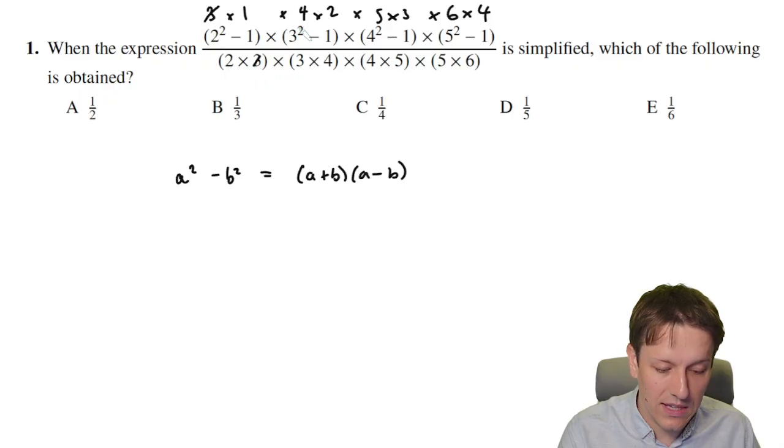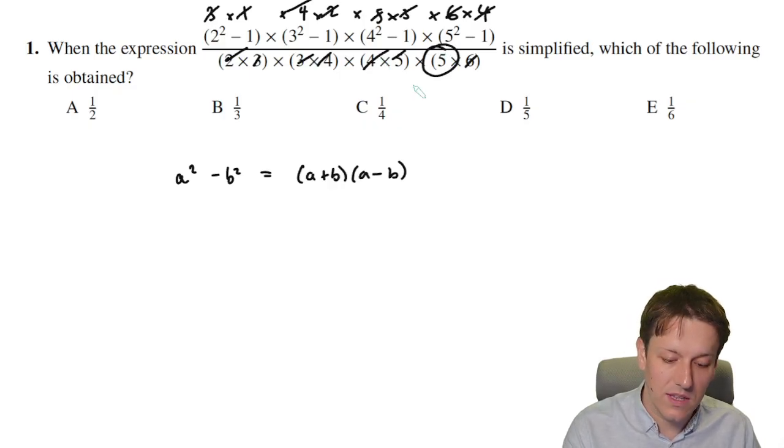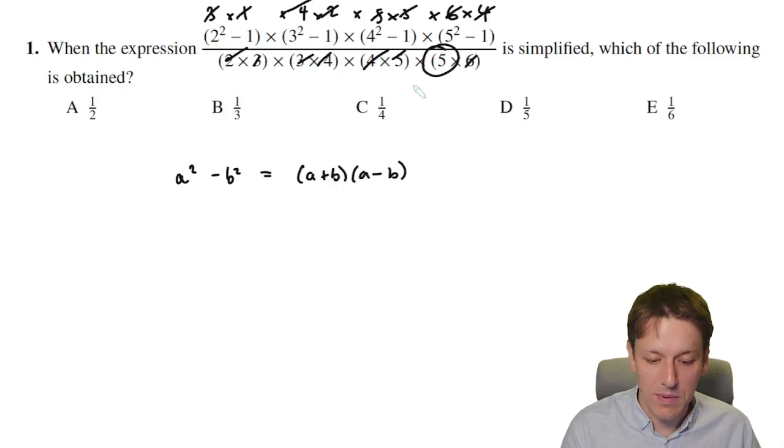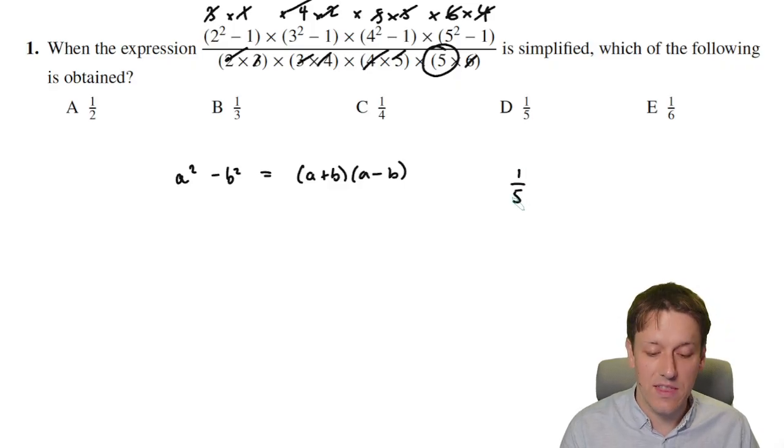So I've got a 3 that cancels. Don't need to worry about the 1. I've got a 2 that cancels, a 4 that cancels, a 5 that cancels, a 3 that cancels here, a 6 that cancels here, and a 4 that cancels here, and the only thing that I'm left that doesn't cancel is a 5 on the bottom here, and so overall the expression just simplifies down to 1/5,